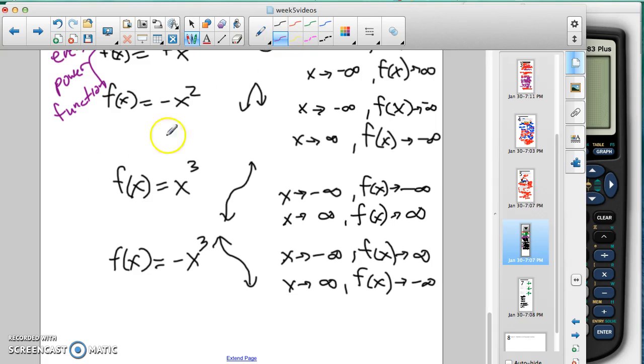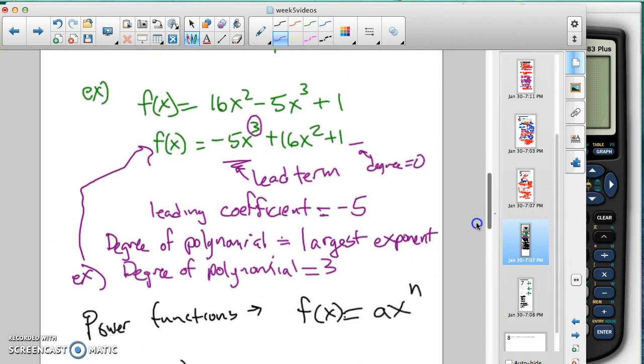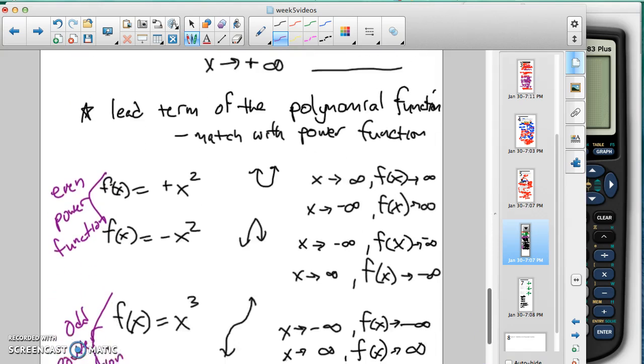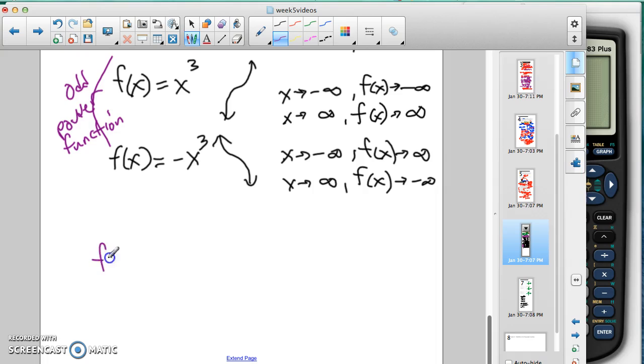So this works for any odd power functions, and those polynomial functions that have a lead term that's odd. So if we're looking at the one we had up here, the negative 5x cubed, so if we were going back to that one, and we had a polynomial function of f of x equals negative 5x cubed